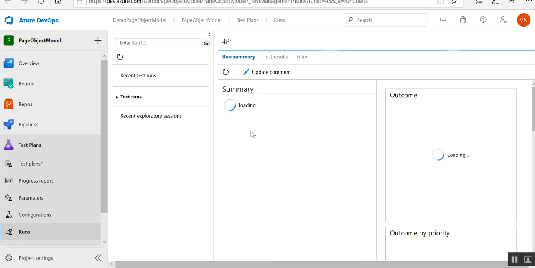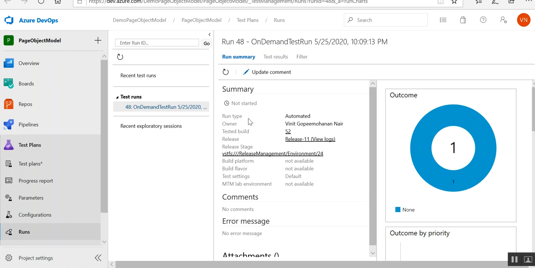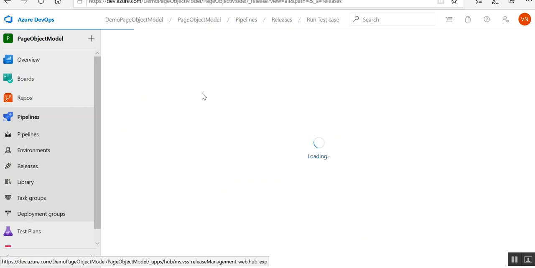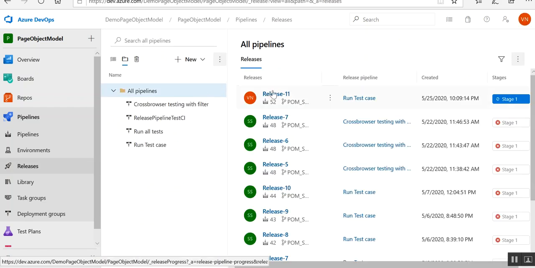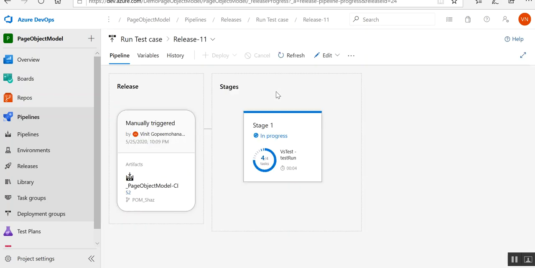Okay, it's still running only. So I will be just going to the pipeline page. So you can see that the release 11 has started. Okay, so it's running. You can see it has found one test.